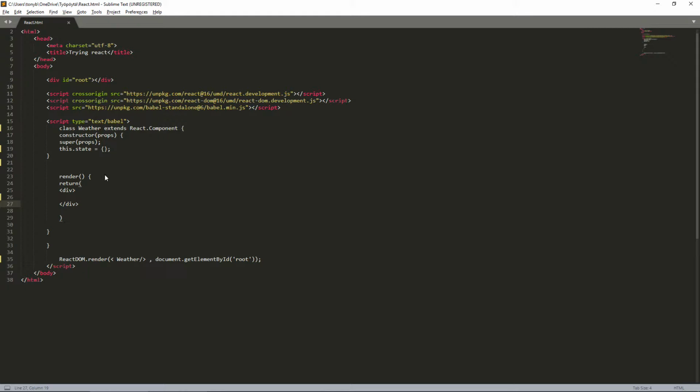So we have already set the class that is Weather, and the Weather extends React.Component as usual. It has a constructor props, super props, and the state. And then the render that returns JSX. So the state is going to have what we want to retrieve. Like I said, it was the city. So it's going to have the city, it's going to have the type of weather, and it's going to have the temperature. Okay, so